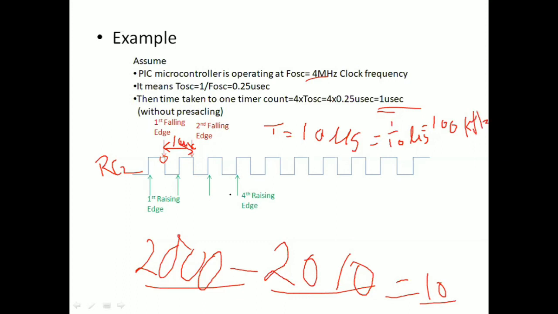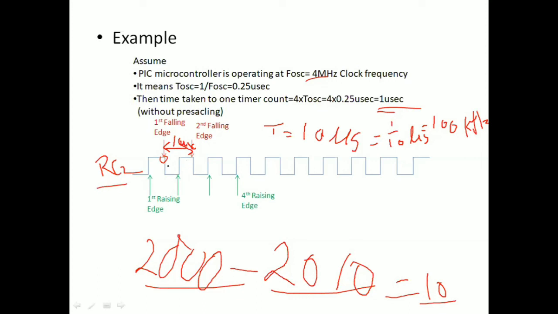In this way, you can calculate the time duration of an external clock signal using the CCP module in the capture mode of operation. Suppose you have applied a clock signal to RC2 which is approximately 4 megahertz. Then the time between 2 successive falling edges will become almost 1 microsecond, so that you cannot recognize the 2 successive edge signals.